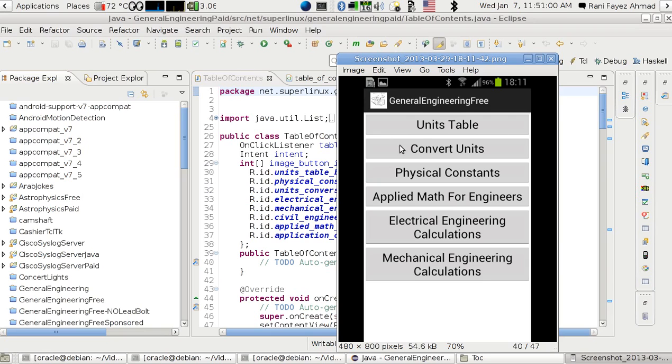So I have a set of buttons, and this group of buttons are sitting separately. Based on the clicking event attached to any of those buttons, it will move to another activity in the